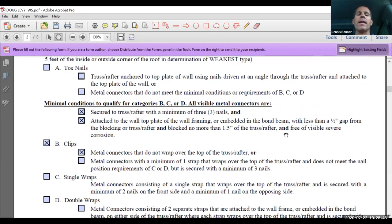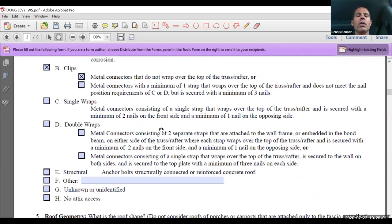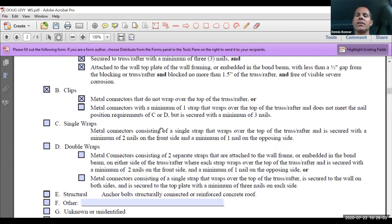So if we look at the metal conditions, they have to have 3 nails minimum, and they have to be attached to the top of the wall with no more than a 1-inch space. Now, when I show you these pictures, I'll explain that space. So we have clips, single wraps, double wraps, structural. Again, go to the class, look at all the differences. A clip basically doesn't wrap over, has 3 nails, or it could be a strap that doesn't meet the requirements. It's a little